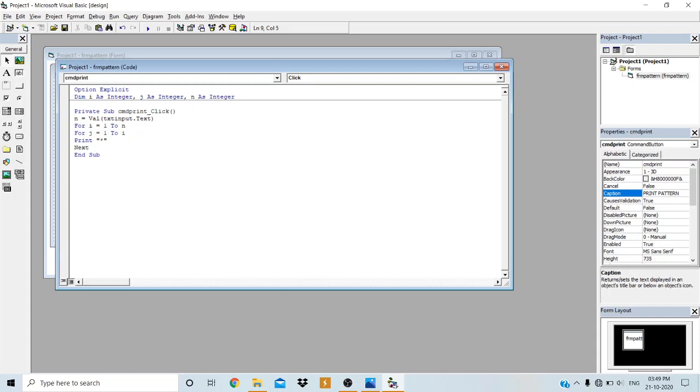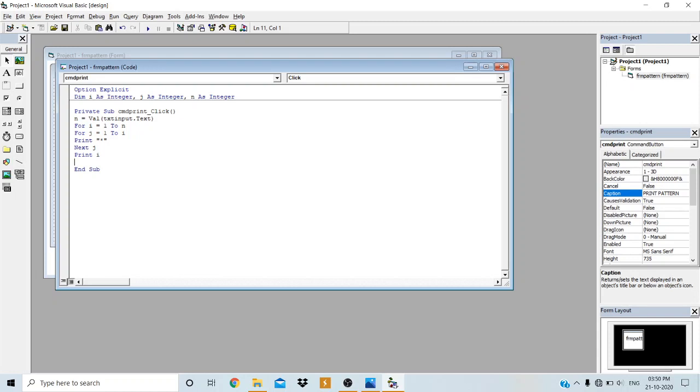Whenever we are using multiple for loops or nested for loops, we have to mention the counter variable for the next statement of the loop, so we know which particular loop has to be terminated. So I terminate the jth loop here: next j. Then after that, print I.